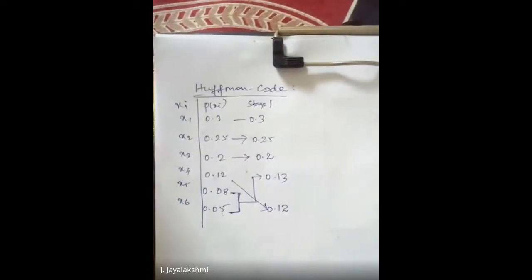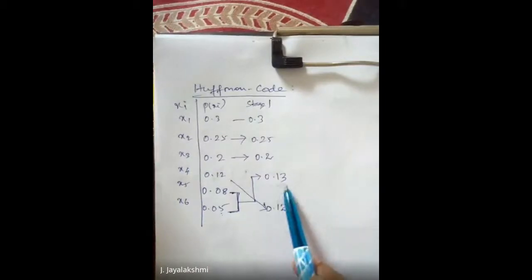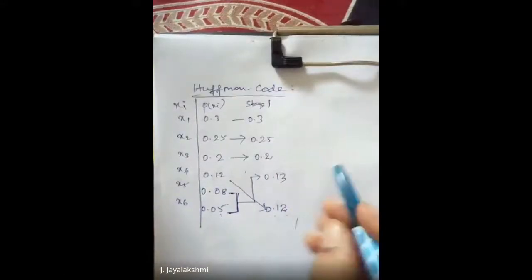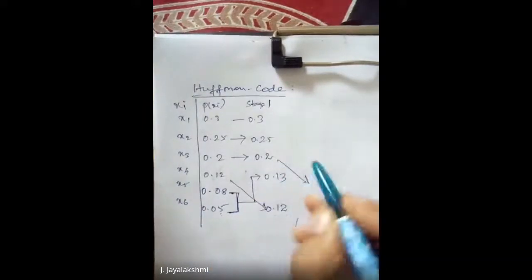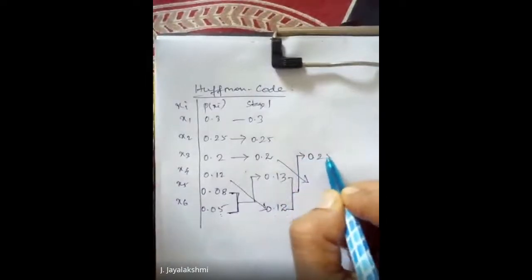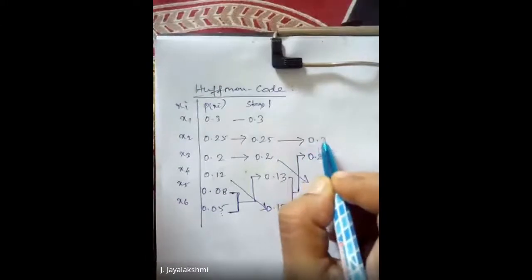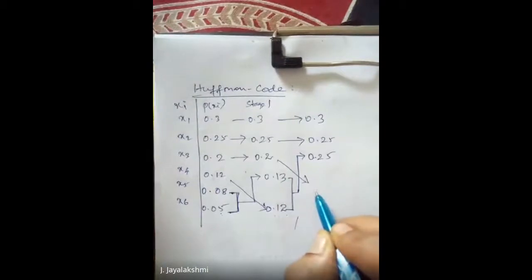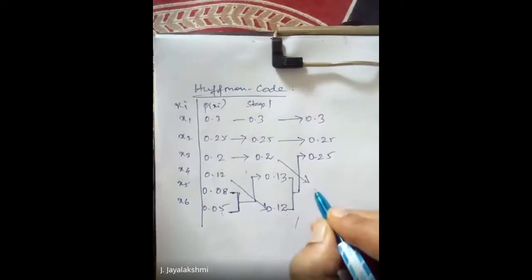Okay. So second step is you add these two probabilities. What is the resultant? Adding 0.13 and 0.2? 0.25. Okay, so this 0.25 has to be written below. Am I right? And adding these two results in 0.25. Already there is 0.25 and this is 0.3. So your 0.2 now comes over here.